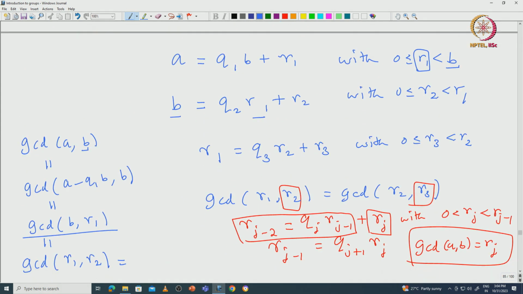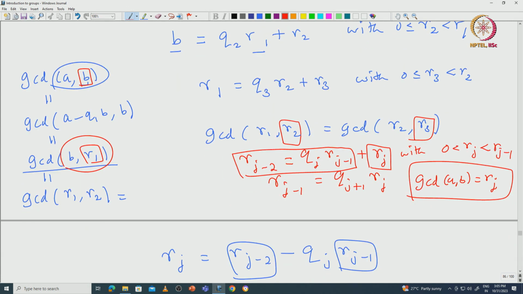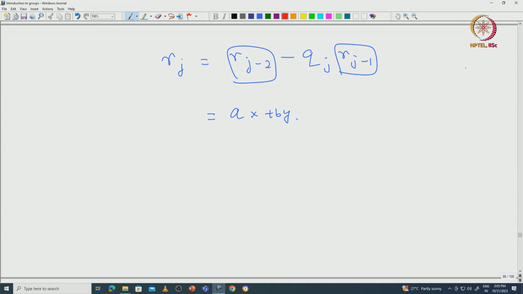So, basically every time you are interested in computing GCD of A, B, you replace this tuple A, B by some new tuple B, R1, where the value actually goes down. Okay, without loss of generality, you can assume A is greater than or equal to B, because GCD of A, B is the same as GCD of B, A. So this algorithm works fantastically, and this proved to be a very nice algorithm to compute GCD.